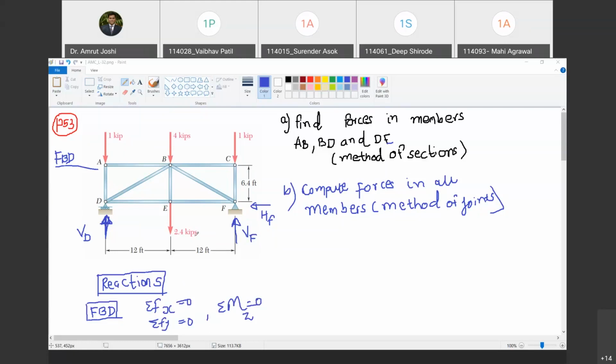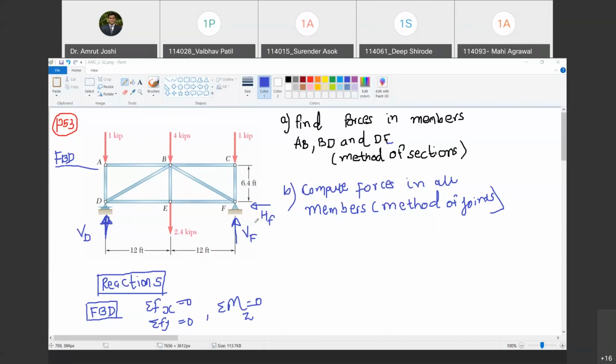Look, I am going to tell you a trick. Look at the diagram. Is the truss symmetric? If I draw line BE, is the truss symmetric about line BE? Yes. Do you agree with me? Yes, sir. This distance is also 12 feet. This distance is also 12 feet. All the members are symmetric. Now the next question: is the loading symmetric about line BE? Yes, it is symmetric. On the left hand side you have 1 kilopascal at 12 feet. On the right hand side you have 1 kilopascal at 12 feet. So loading is also symmetric. Do you agree with me?